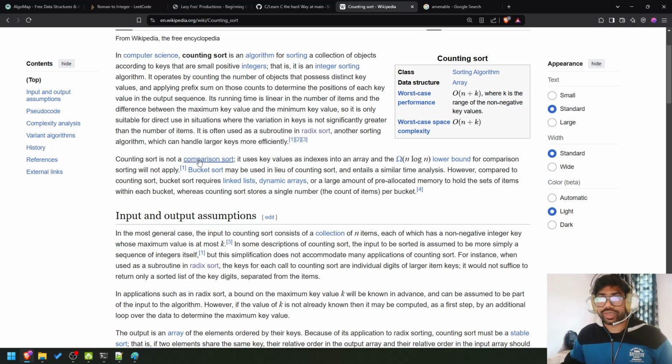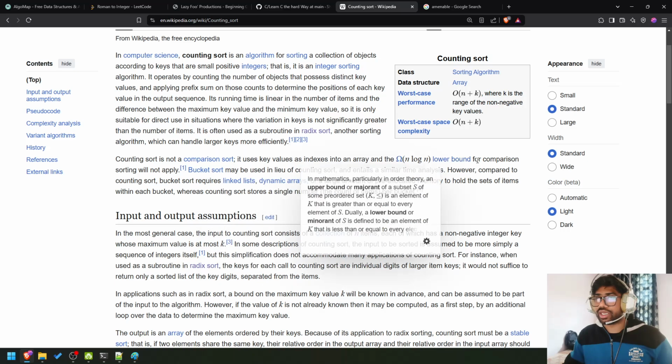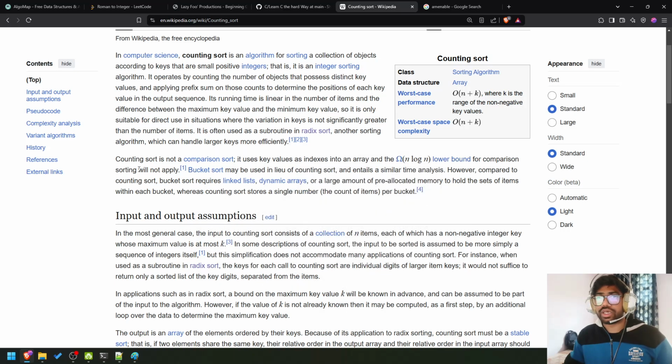Counting sort is not a comparison sort. It uses key values as indexes into an array, and the omega n log n lower bound for comparison sorting will not apply. Okay, the lower bound will not apply. Bucket sort may be used in lieu